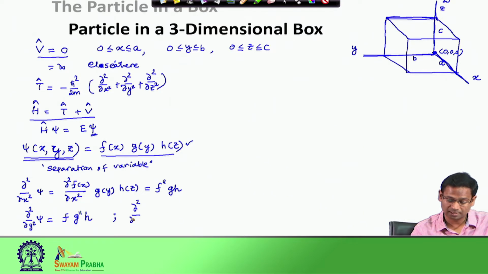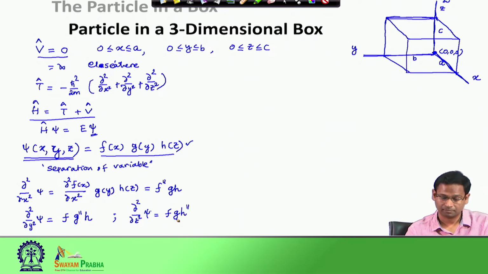Similarly, when I write d square by d z square and apply it on psi, I get f g h double prime. Okay. So, we will use these